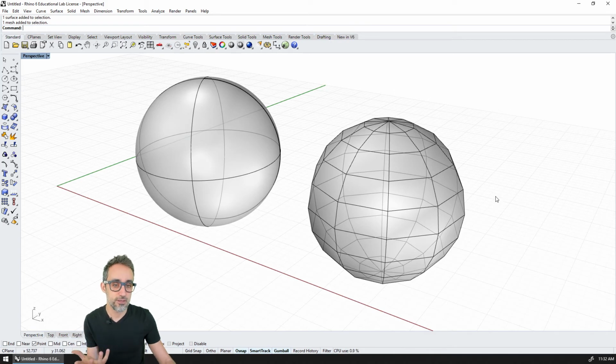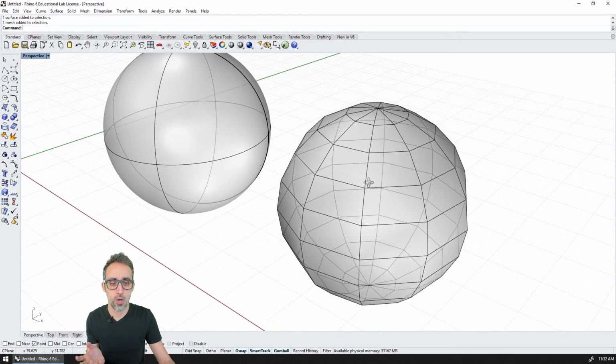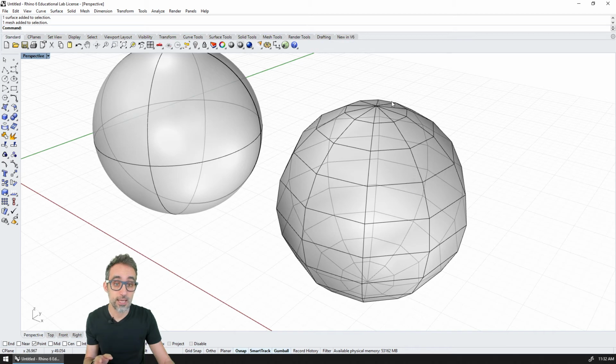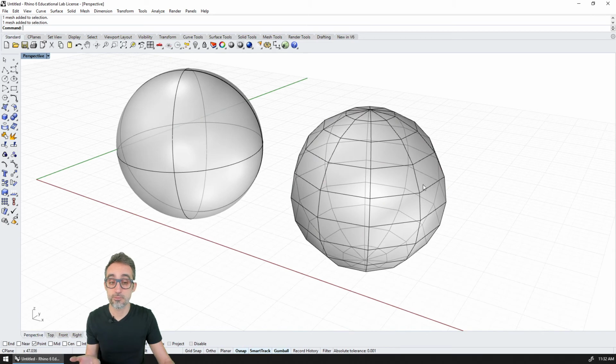This sphere is made up of a series of discretized faces, each one of them being a planar quad made out of four edges, right? And then these triangles here on the top. And this is basically just a collection of points and a collection of edges that join them together. It doesn't have any mathematical entity inside of it. It's just vertices and faces joining each other. I will explain a little bit more of this farther down in this tutorial series. Okay?